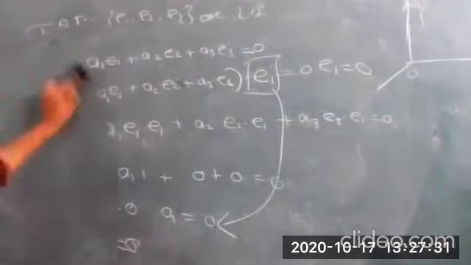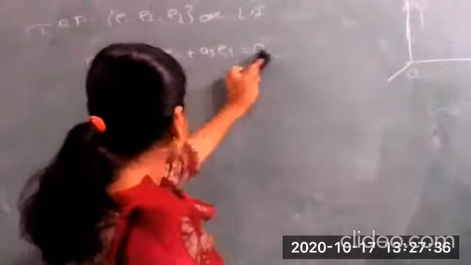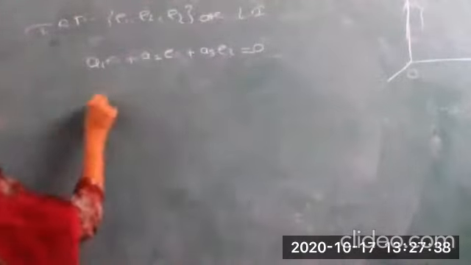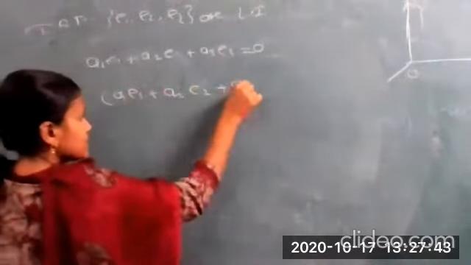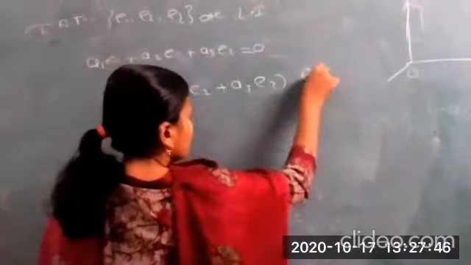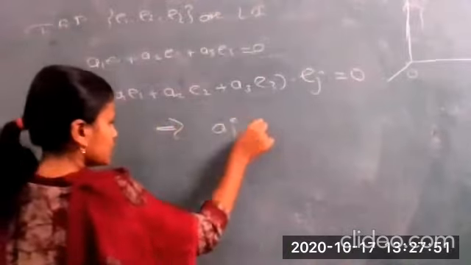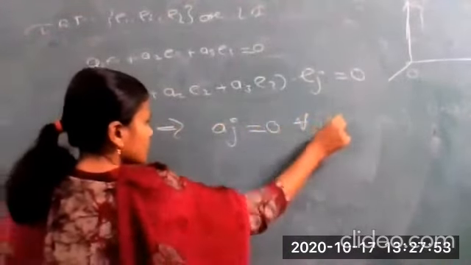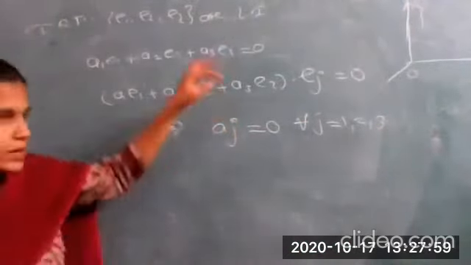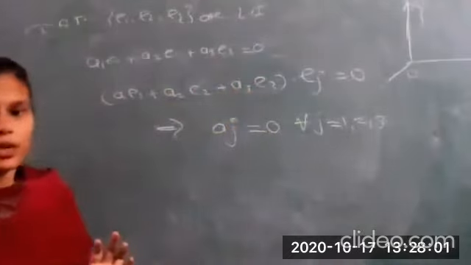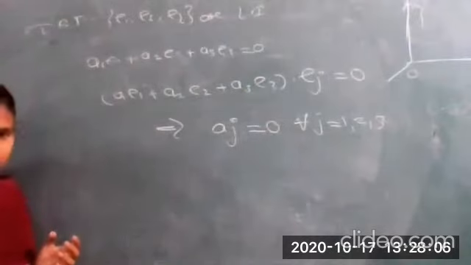So in general, I want to write this down. I will write this as A1 E1 plus A2 E2 plus A3 E3. If I take the dot product with Ej, it is equal to 0. It implies that all Aj are equal to 0 for j equal to 1, 2 and 3 in general. So you can evaluate for j equal to 1, 2 and 3. Okay. What is the condition for being a frame field? We have been provided that E1, E2, E3 are forming a frame field.